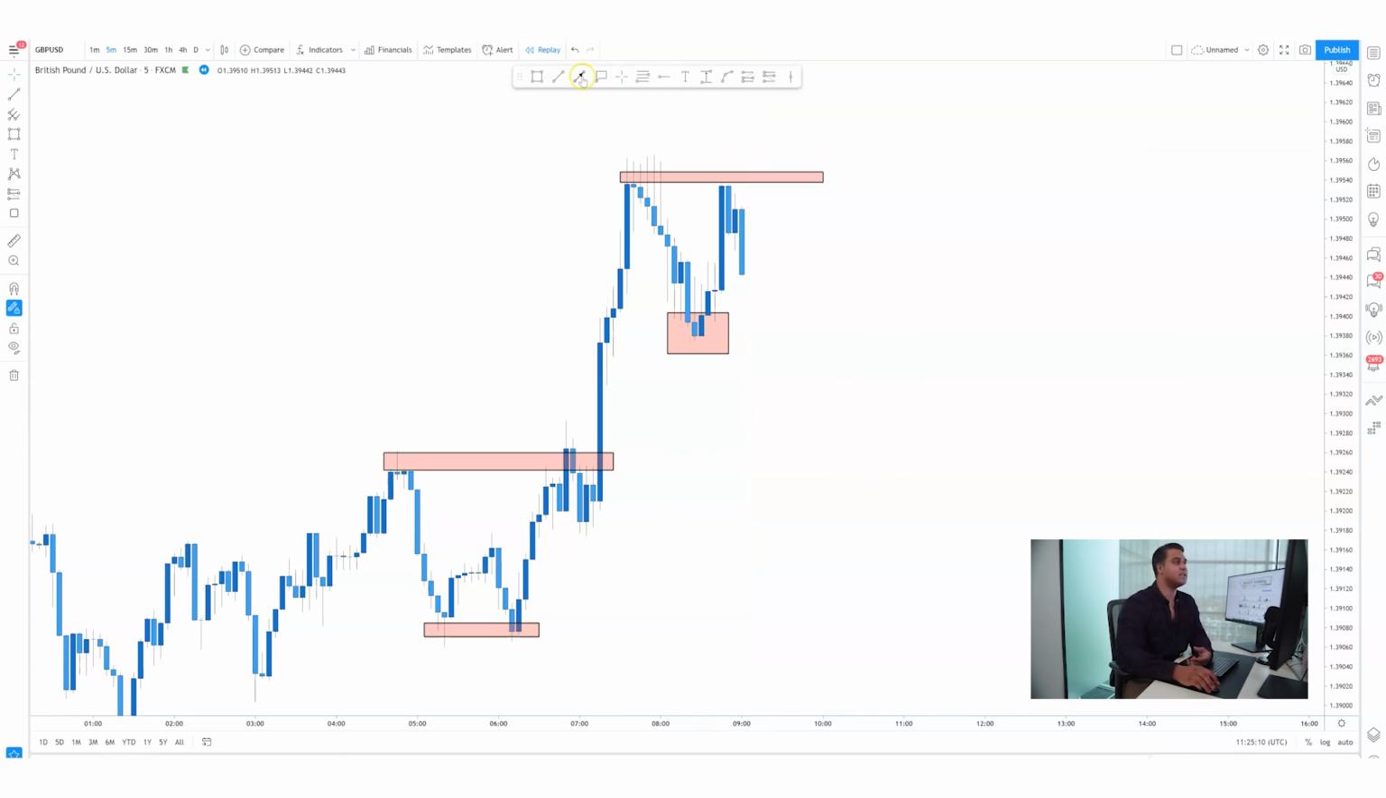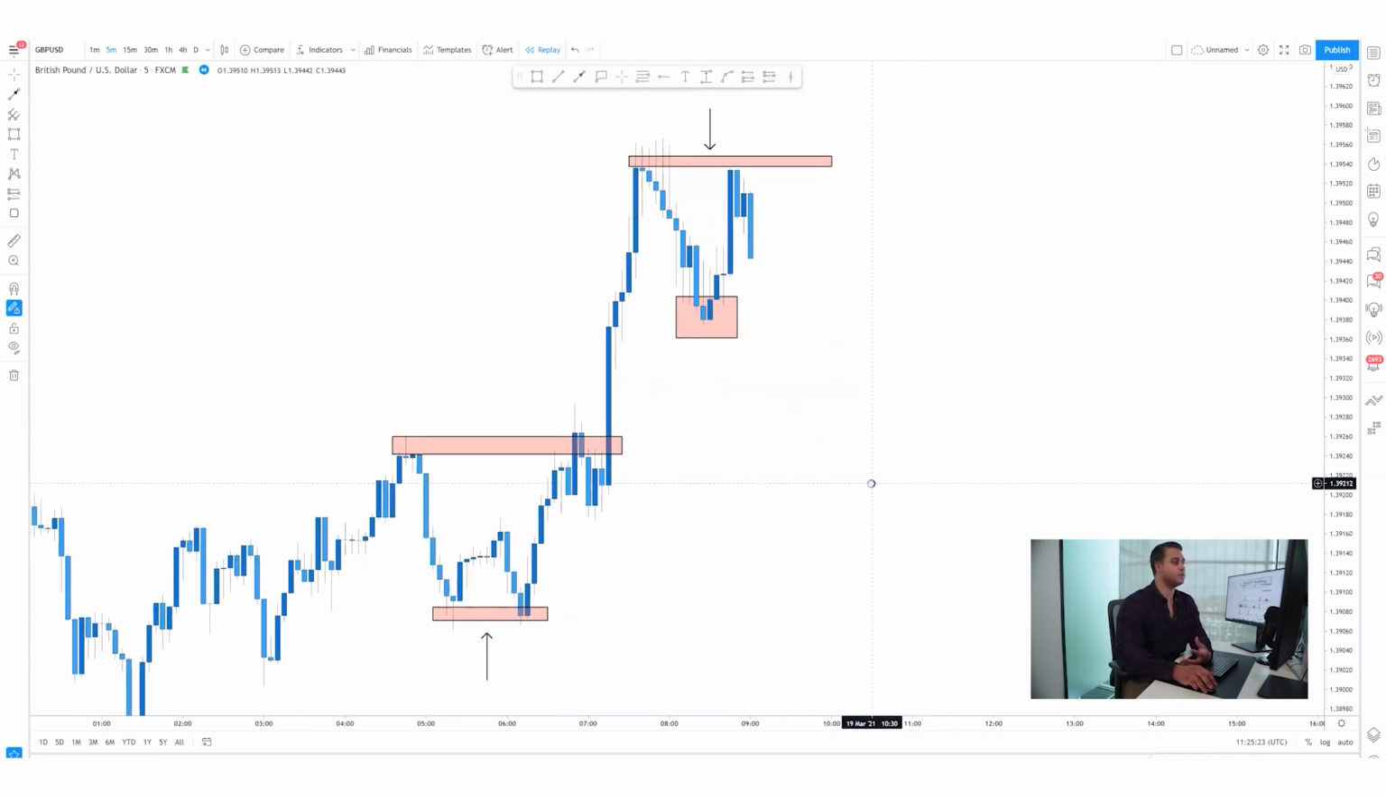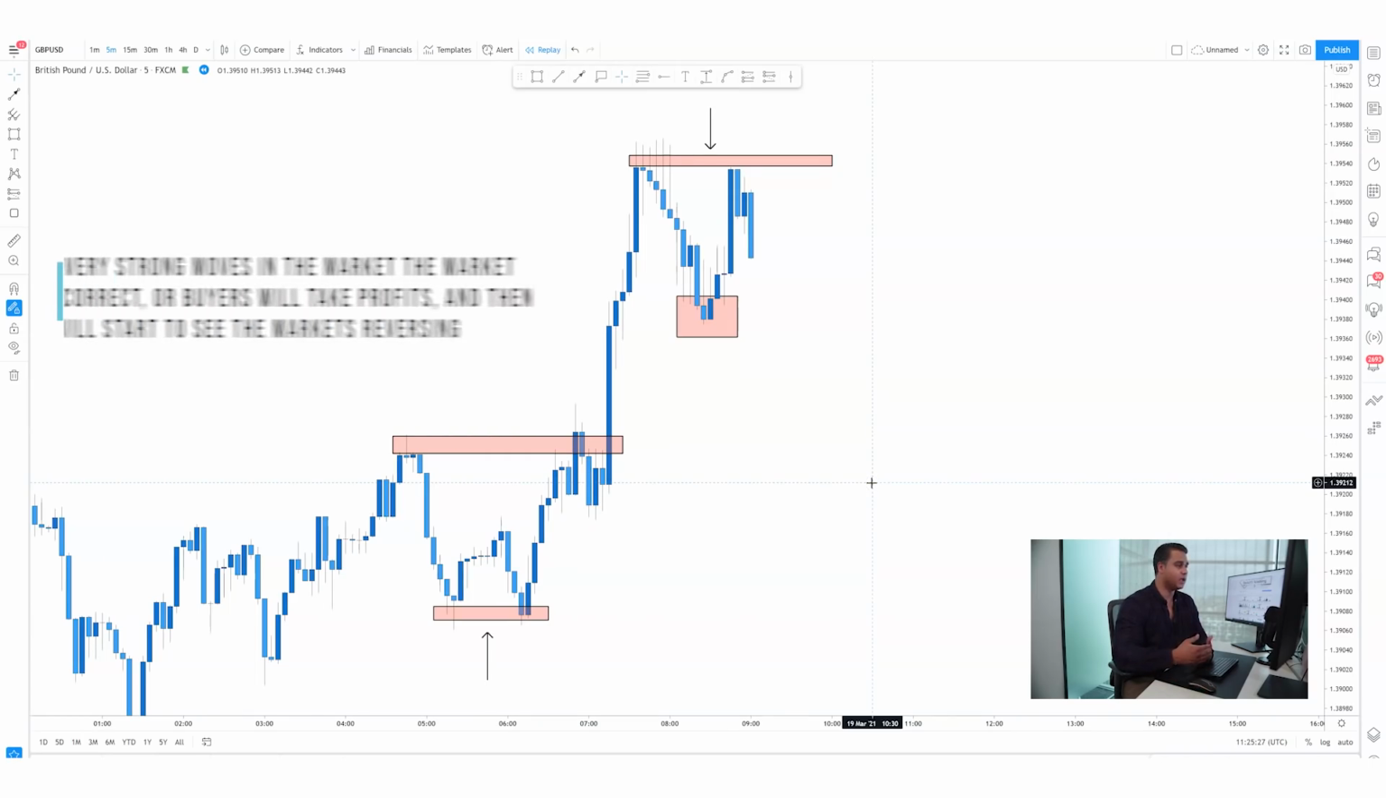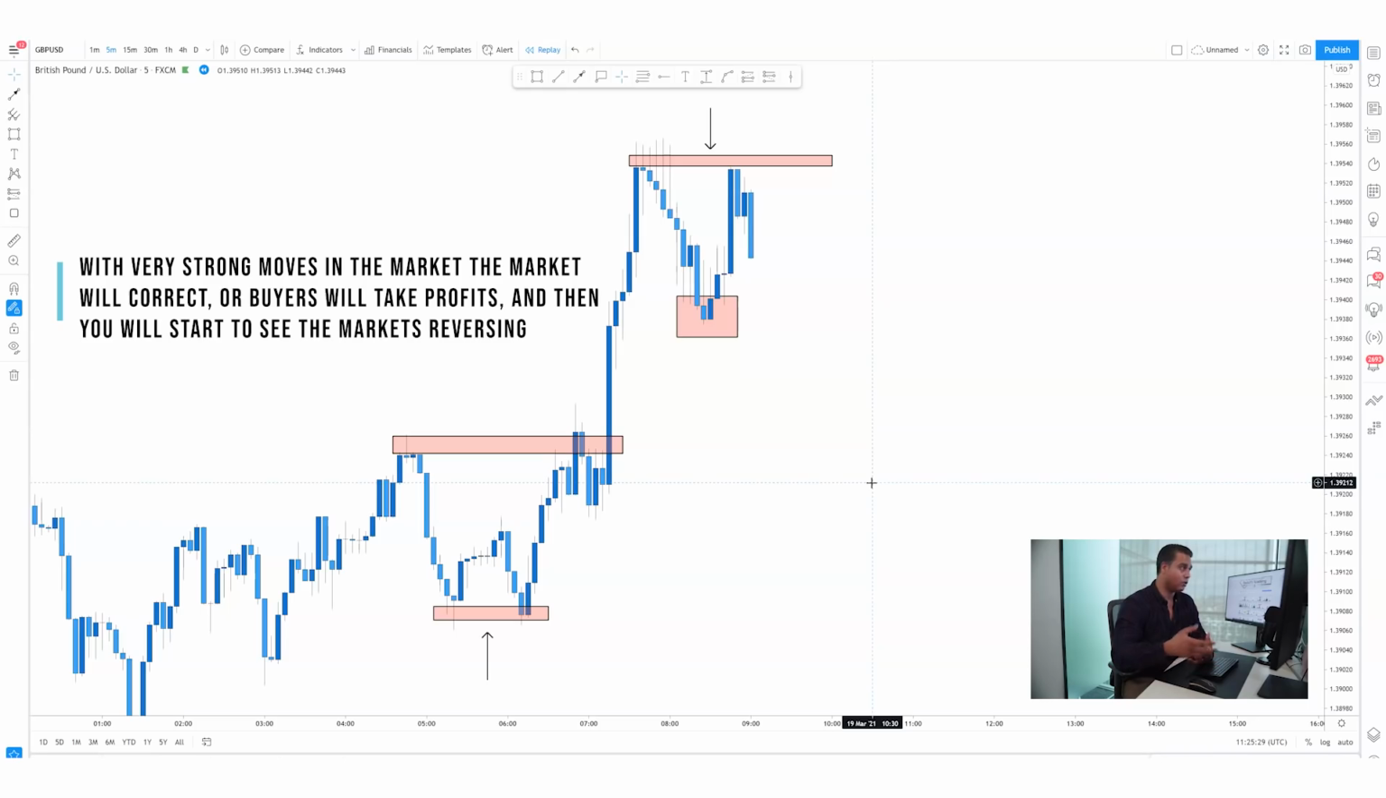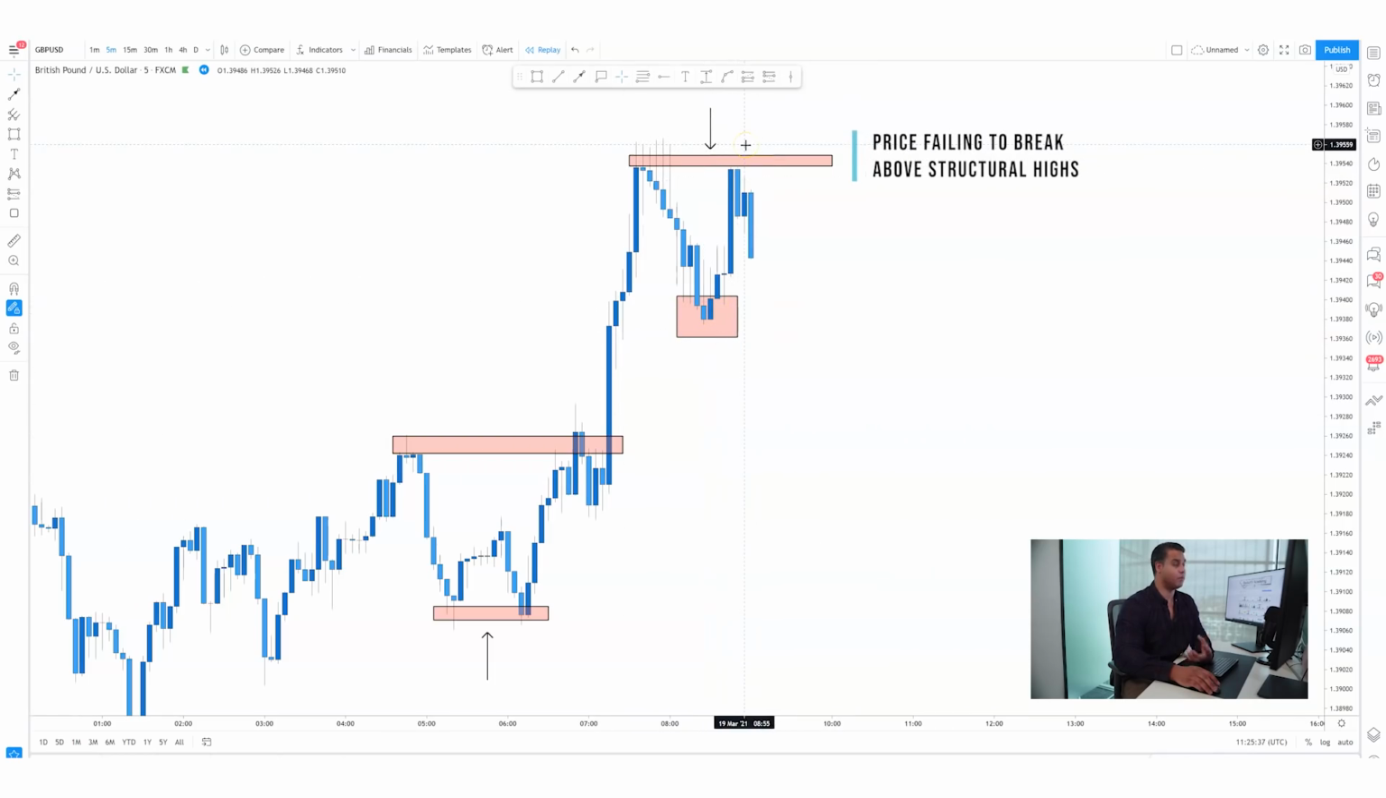Now, all we have to identify here is where the trend started. I know it started over here, but let's say it started here. This is where the trend started, and this is where it seems to be depleting. We can see that this move is a very strong move in the market, and more often than not, very strong moves in the market will correct, or buyers will take profits, and then you'll start to see the markets reversing. So in this instance, we're now starting to gather that price is failing to break above these structural highs,